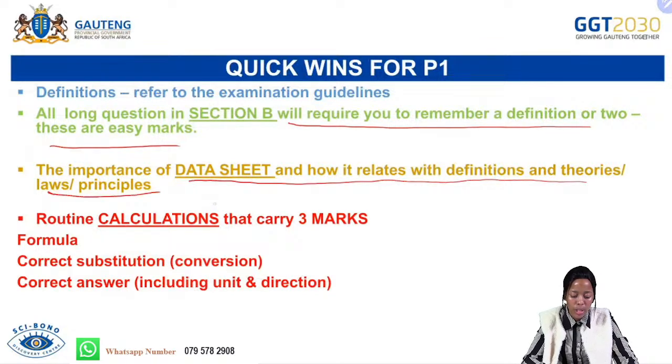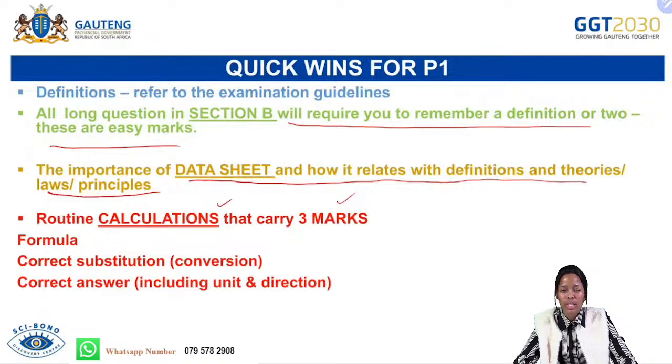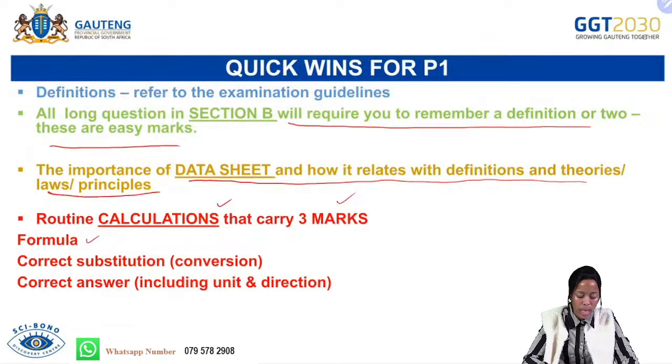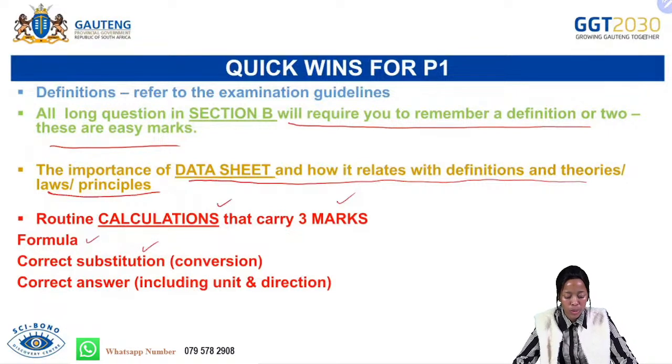Then again, you know that you can have your routine calculations, which are normally 3 marks. So with that, make sure that with the formula, you copy and paste. You are not going to cut the formula, maybe for convenience. You write it as it is. And remember, you're not going to manipulate the formula. So if they give you R equals V over I on the formula sheet, you will write exactly that. And then number 2, we need to have the correct